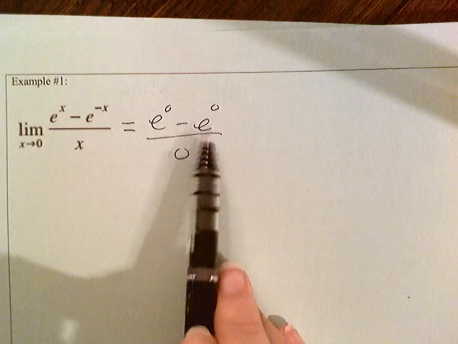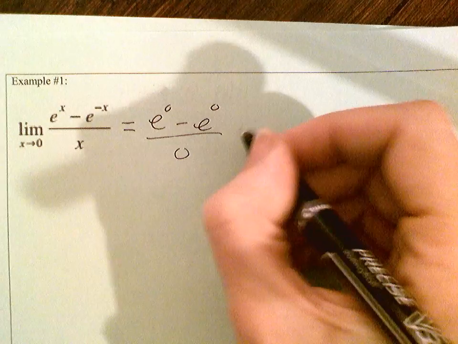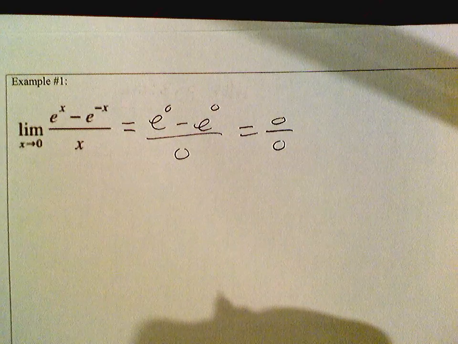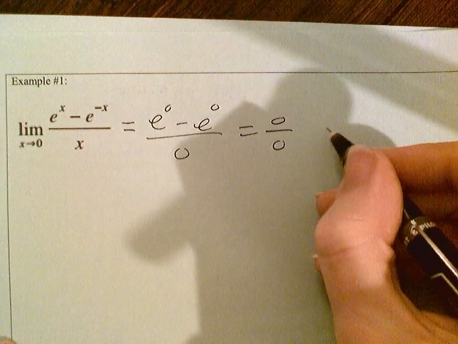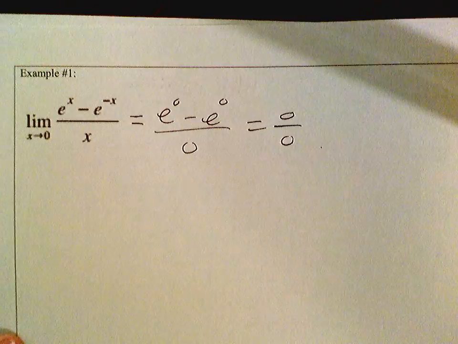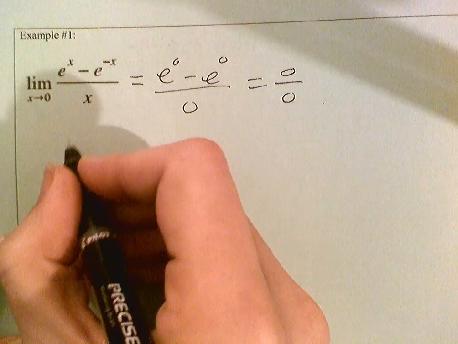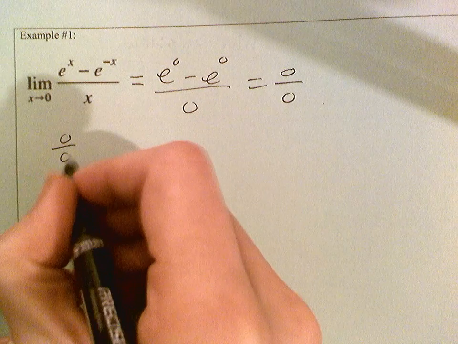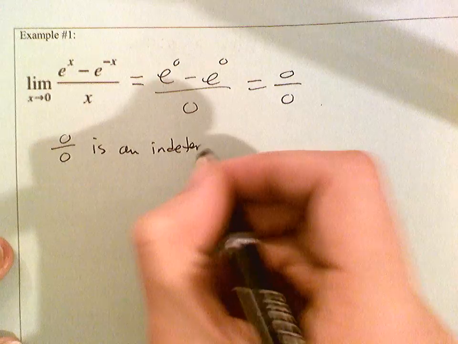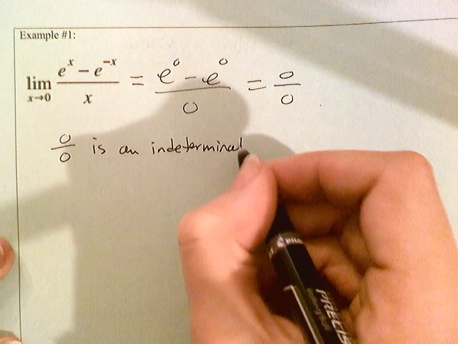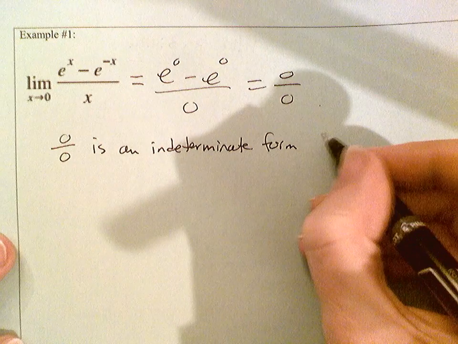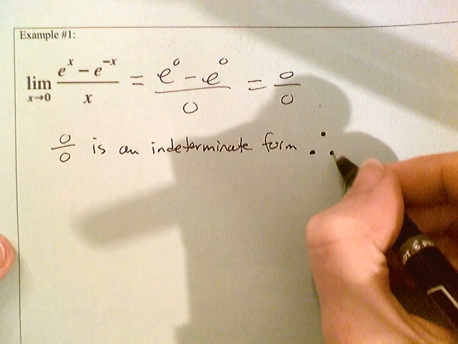Well, this is 1, that's 1. 1 minus 1 is 0, so I end up with 0 over 0, which is actually good news. All right, so let me stop right there, and then I'm going to say it like this. I'm going to say to my reader, 0 over 0 is an indeterminate form. And then I'm going to say, therefore,